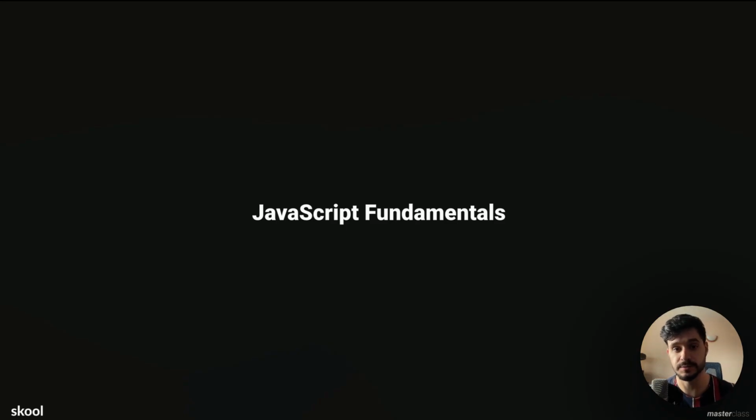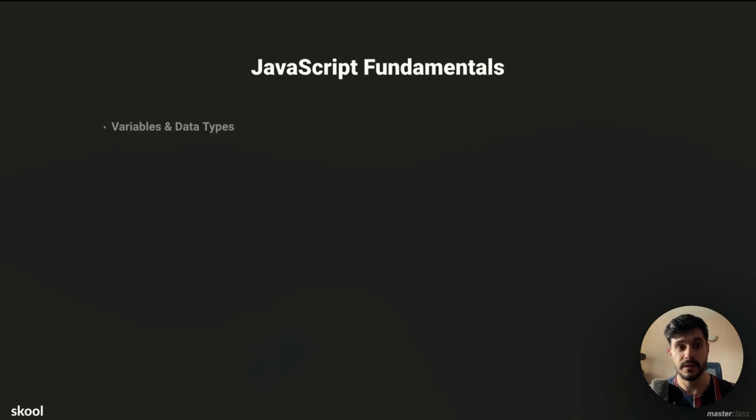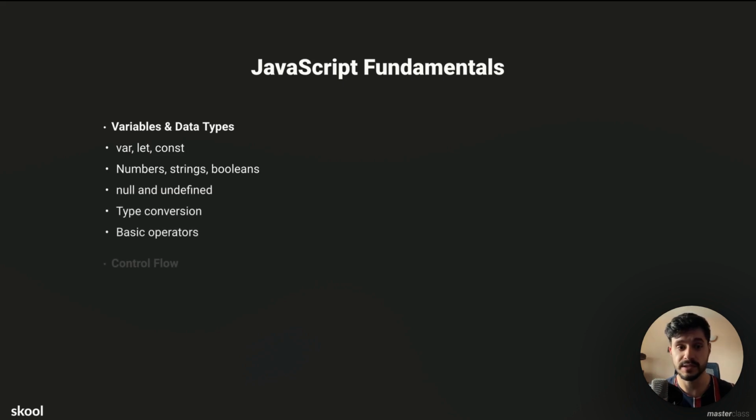JavaScript fundamentals: variables and data types, which include var, let, const, number, string, booleans, null and undefined, type conversion, basic operators. Next we move on to control flow, which is if else statements, switch statements, for loops, while loops, try and